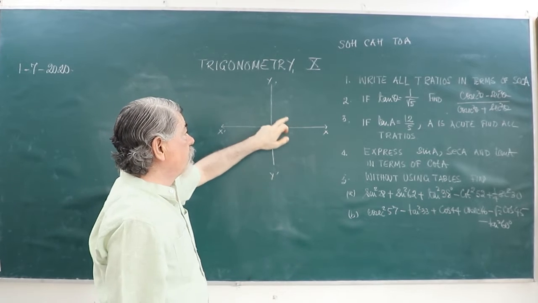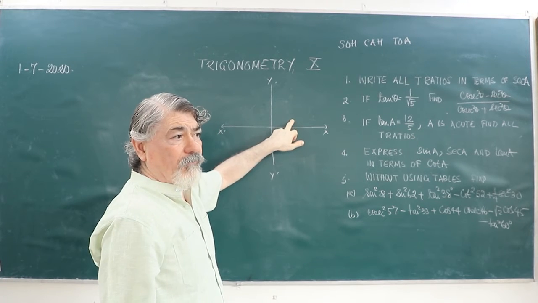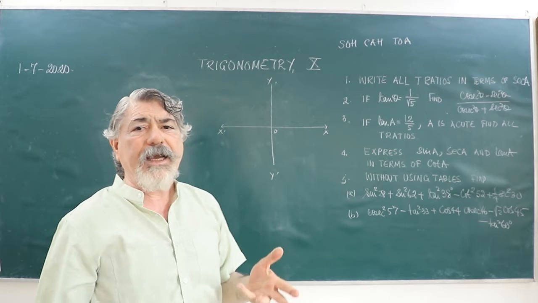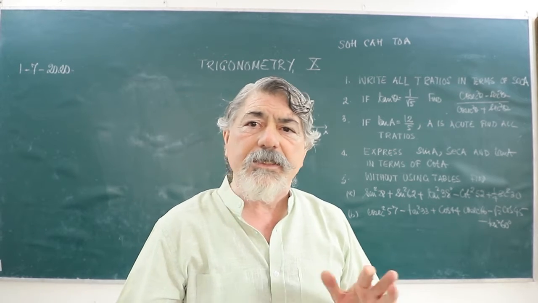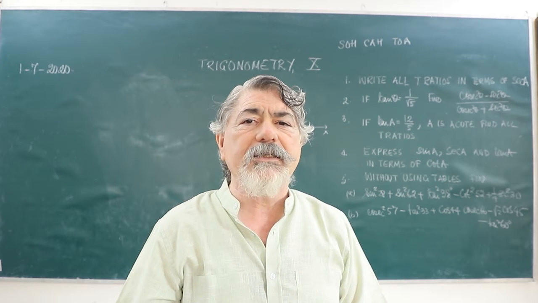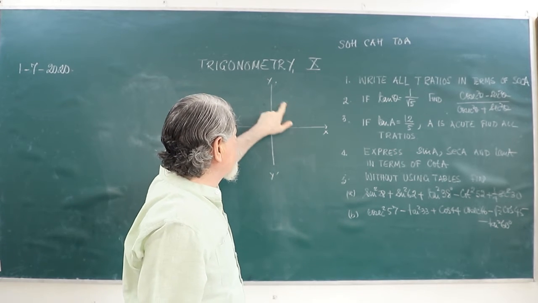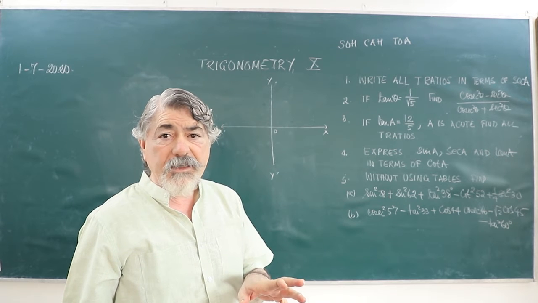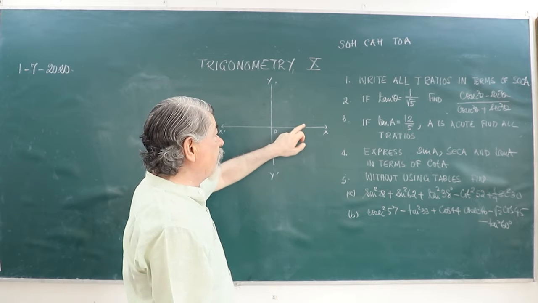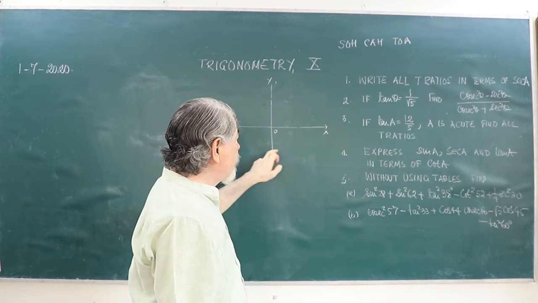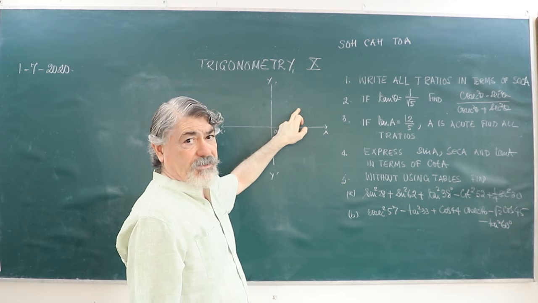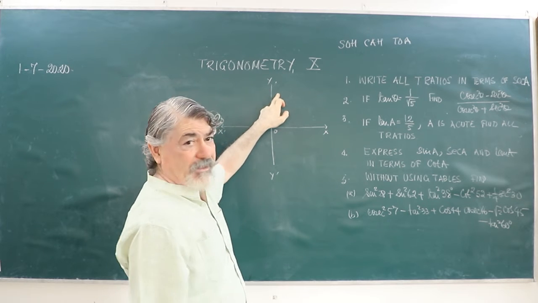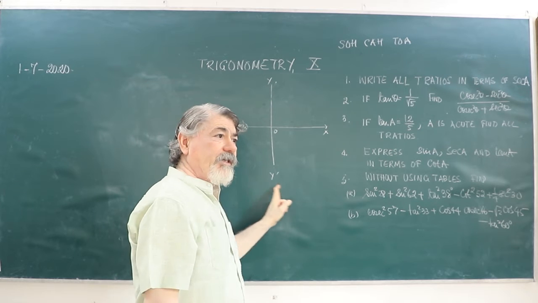This is the first quadrant, 0 to 90 is the first quadrant. In this, all trigonometric ratios, whichever angle falls into this, will always be positive. I'm not talking of 0 to 90 only. It can take a round and come here, 360 plus theta, but less than this value again. And again it can take the round.